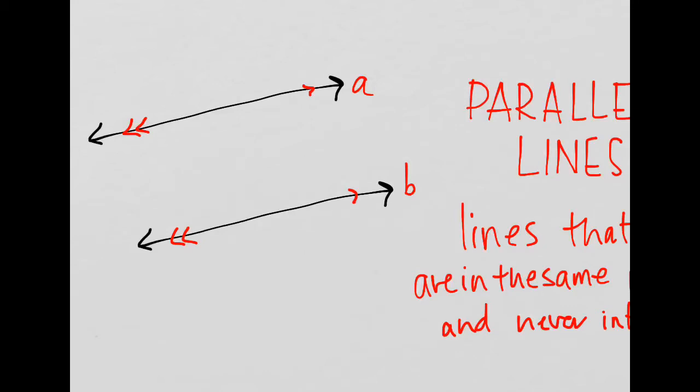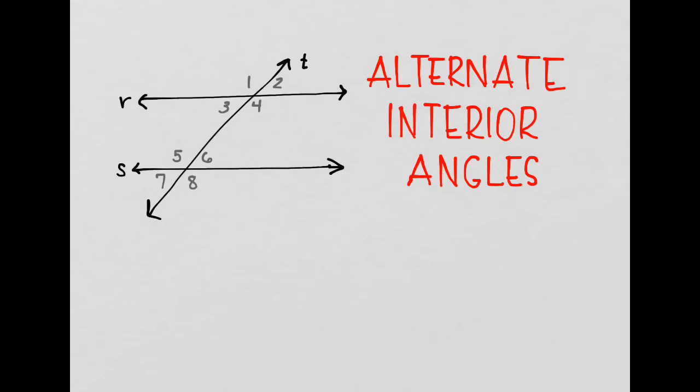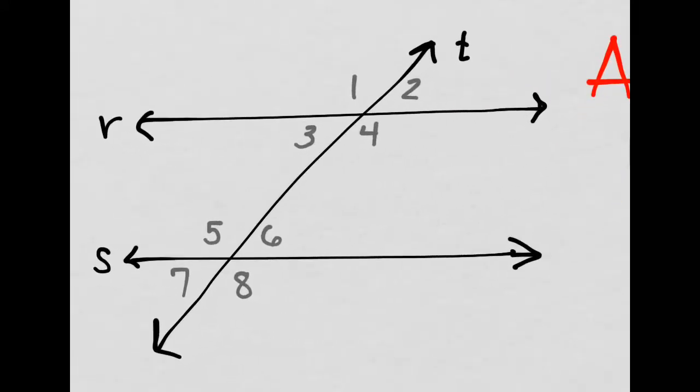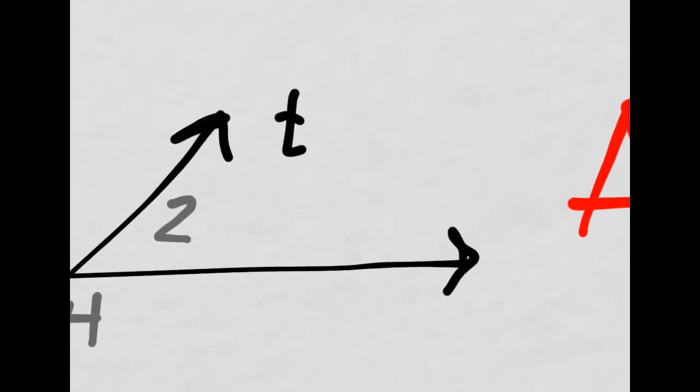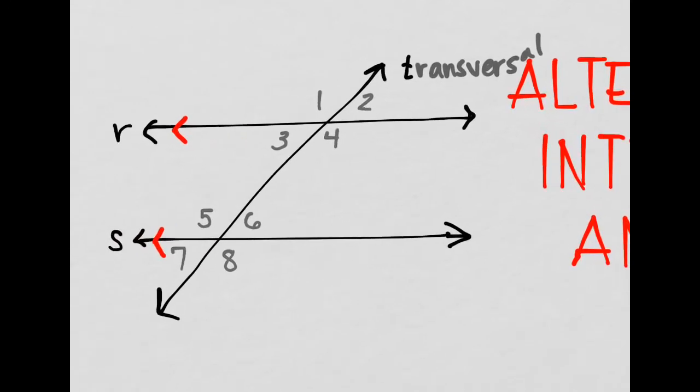Now, when you have two parallel lines, you can also have what we call a transversal. So a transversal will mark by T. So let's say that R and S are parallel lines. They're never going to intersect. We have this line that cuts through both of them, and then there's a lot of things that we can know about them. If these two lines are parallel and we cut them by a transversal T, we can name this a transversal. Okay, if we cut it through on there, it goes through both,